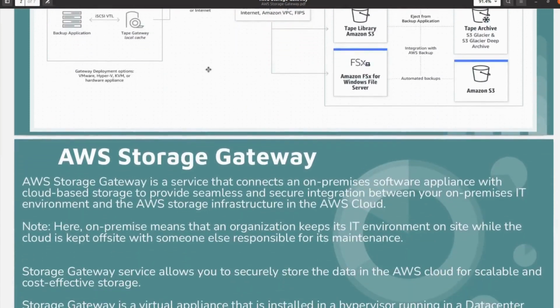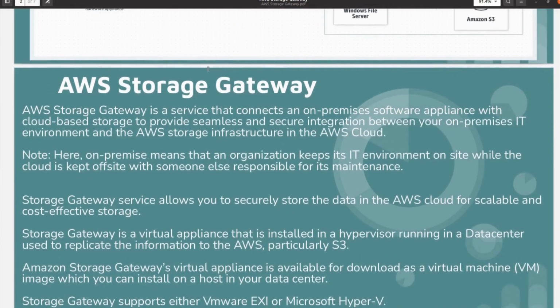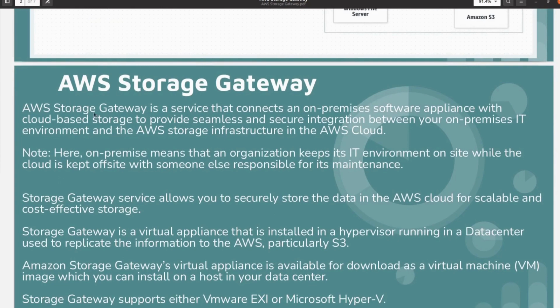Let's go ahead and talk about the technical definition of Storage Gateway. AWS Storage Gateway is a service that connects on-premise software applications, as we have seen in the architecture, with cloud-based storage to provide seamless and secure integration between your on-premise IT environment and the AWS storage infrastructure in the AWS cloud.